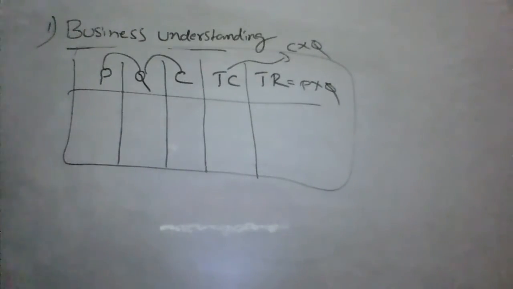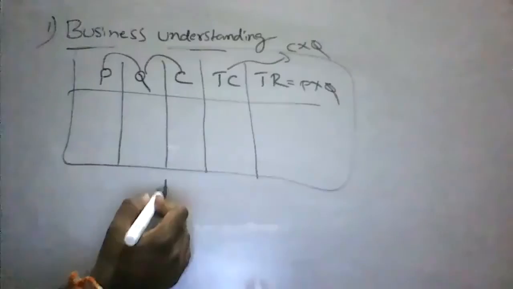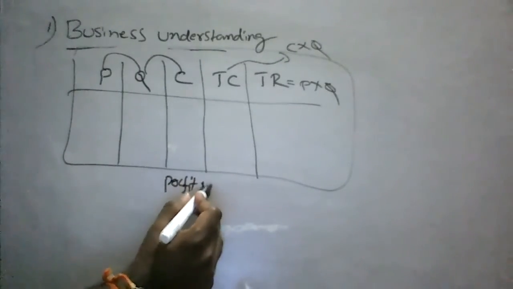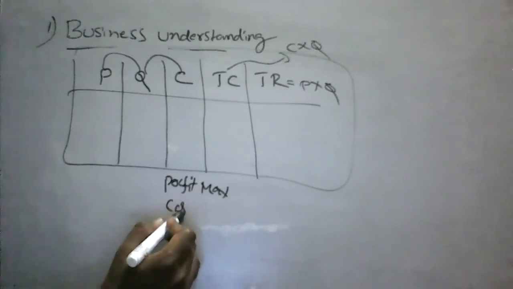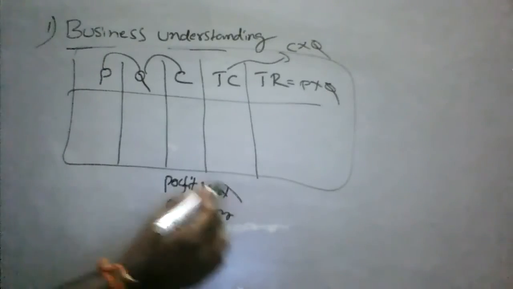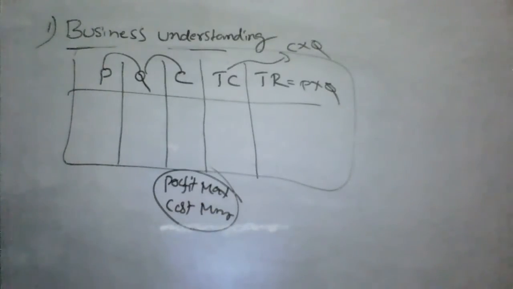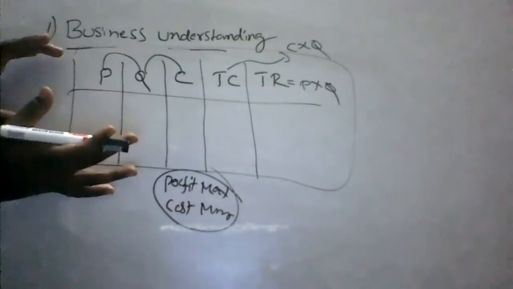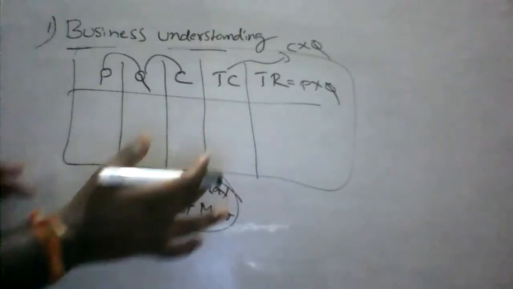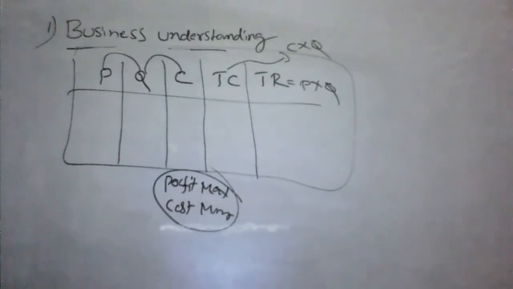I am going to satisfy my business objectives, that is profit maximization and cost minimization. So here I am going to satisfy both objectives, right? From this simple data understanding, I am going to design my columns and satisfy my business. In my next video, I am going to explain how this can be plotted on a graph and how it can be visualized through different graphical representations.